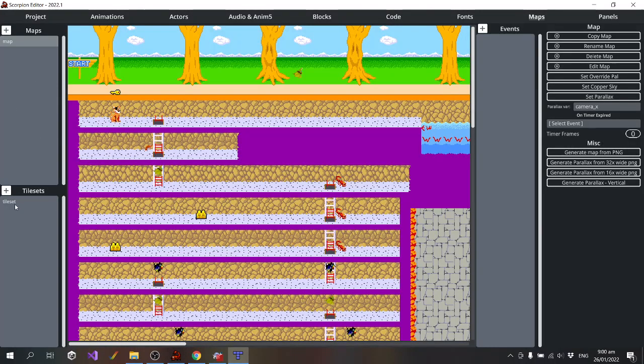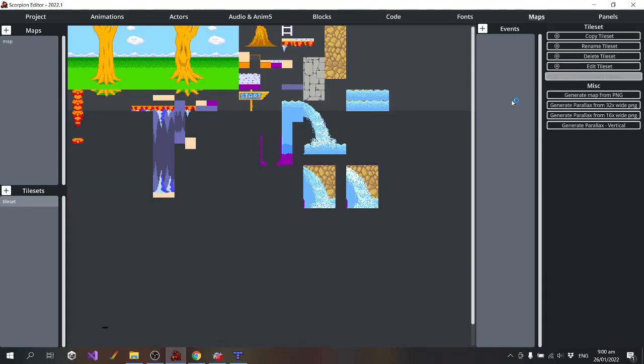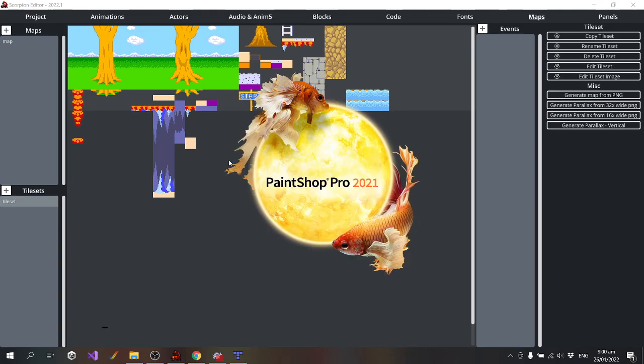Okay, so what I'll do is I'll go to my tile set, I'll edit my tile set image, and then I'll make a custom tile for those edges.